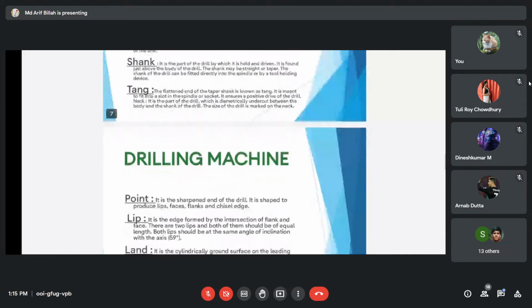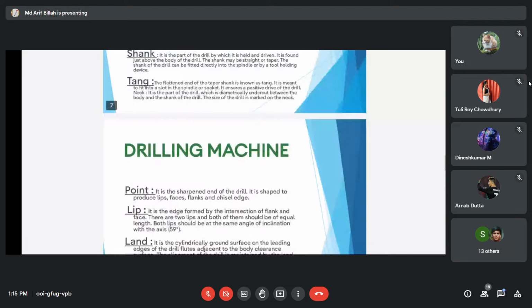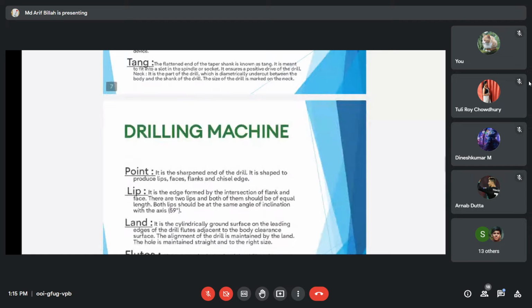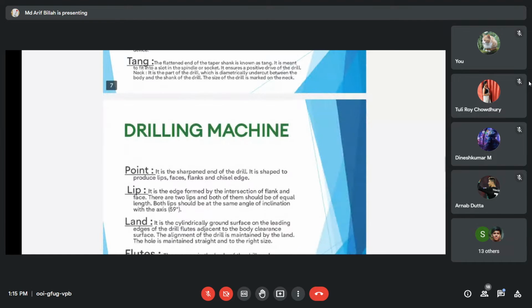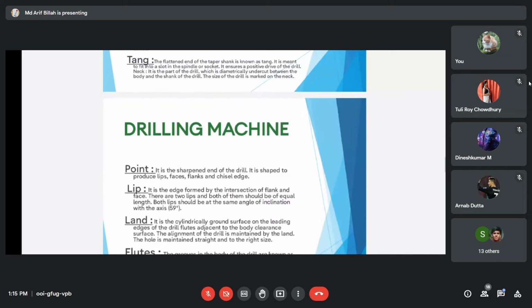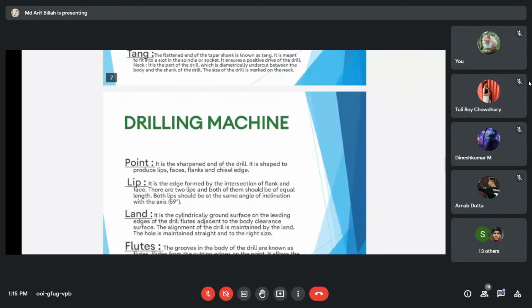Shank: it is the part of the drill by which it is held and driven. Tang: the flattened end of the taper shank is known as the tang. It is meant to fit into a slot in the spindle or socket. It ensures a positive drive of the drill.